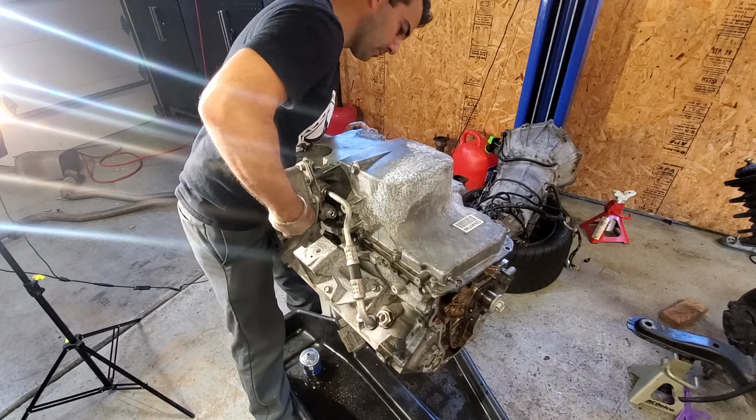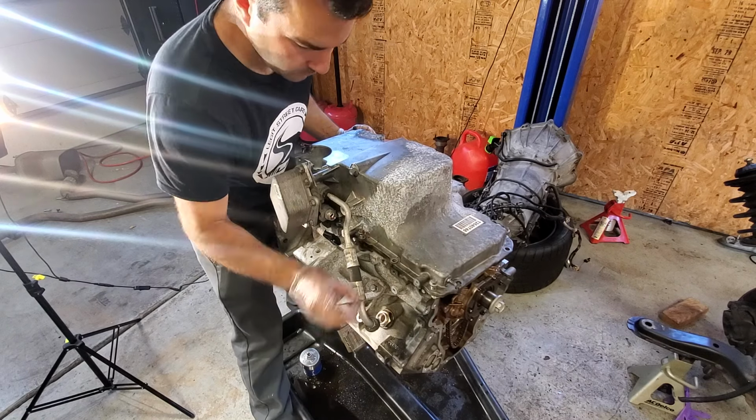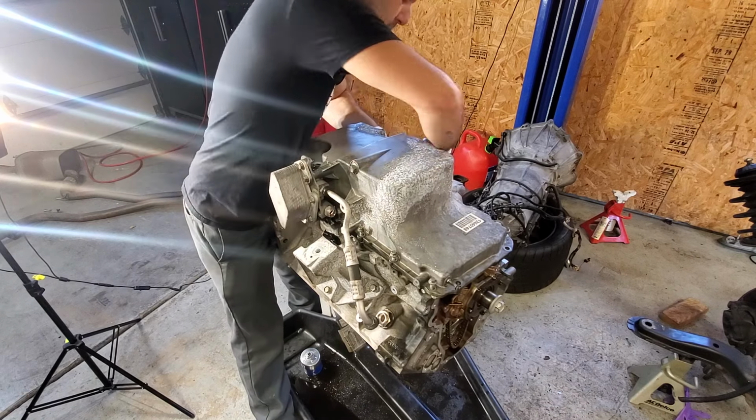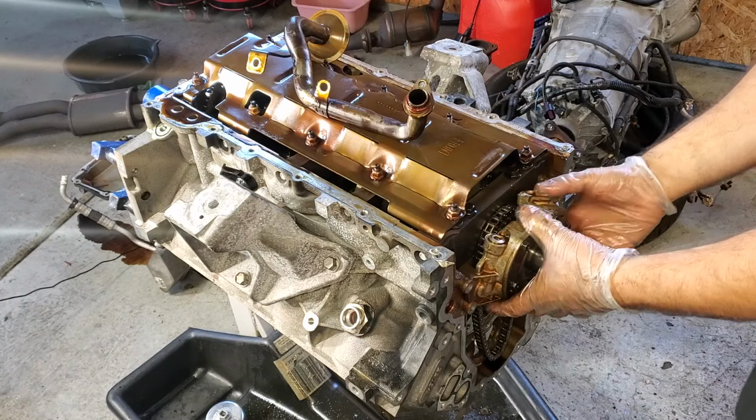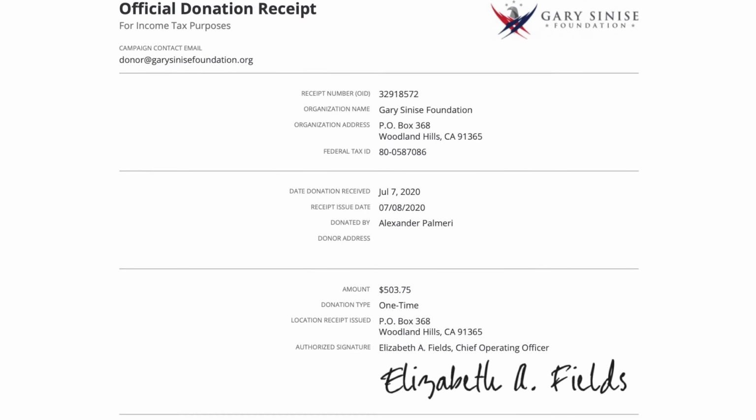Since we're replacing the cam, I'm upgrading the oil pump, and removing the oil pan makes this infinitely easier, so off the oil pan came. From here, I removed the pickup tube and then the old oil pump,